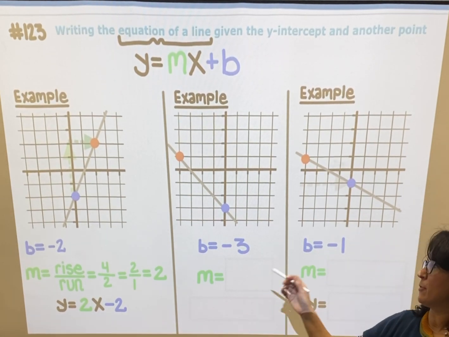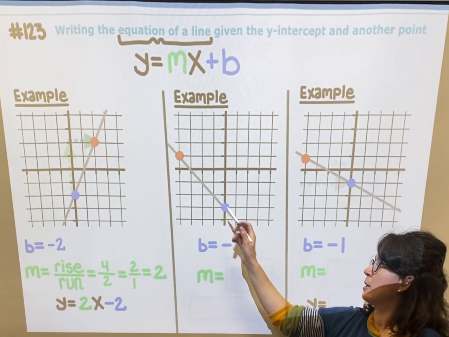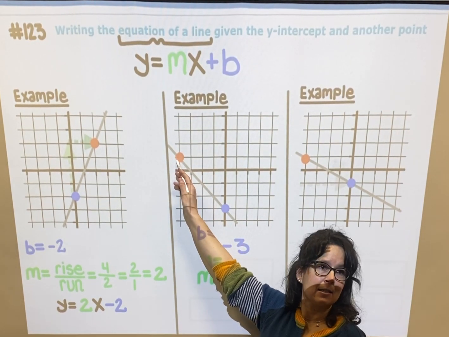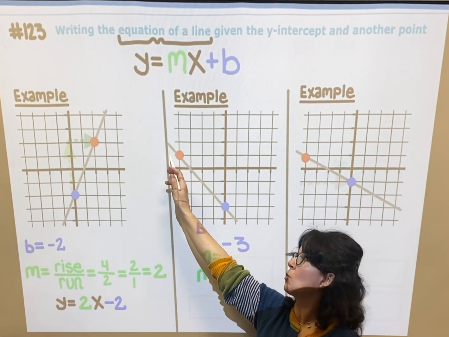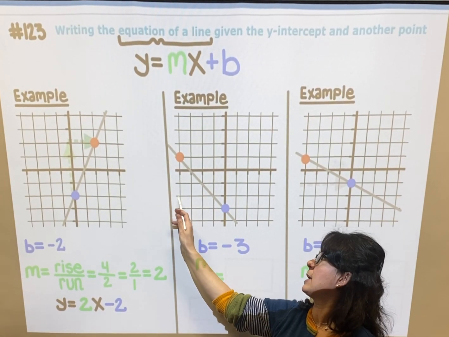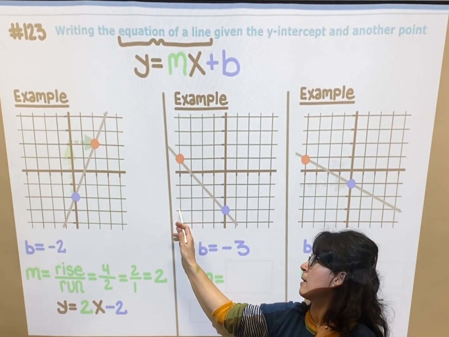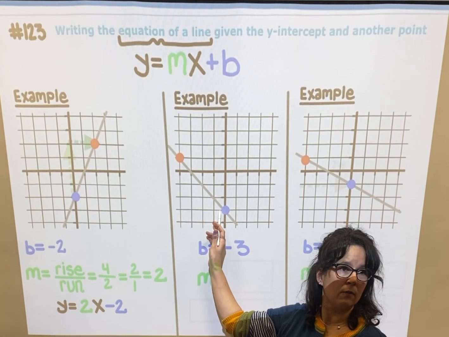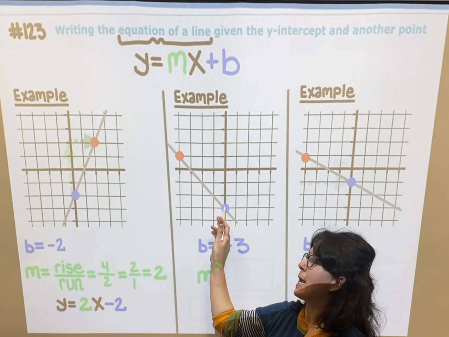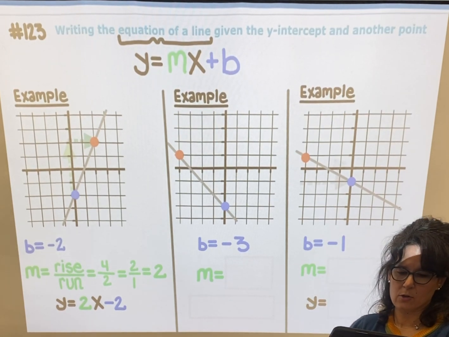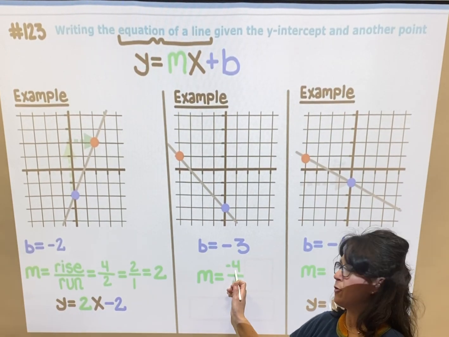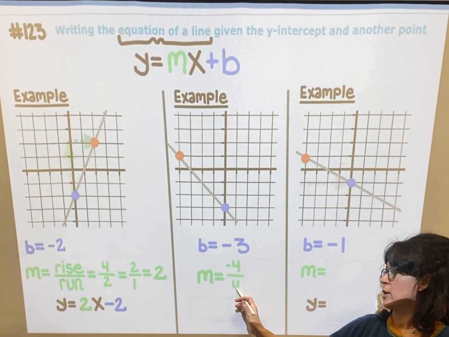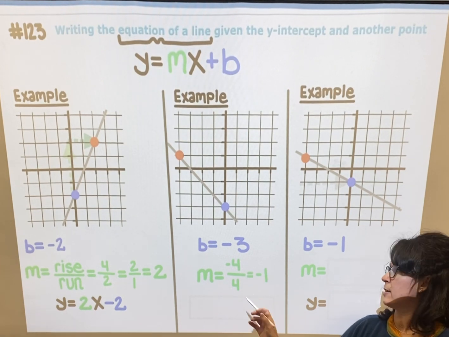Okay, so let's find the m on this one. I want to know, how am I going to move from this point to this point? So I'm saying rise. I'm going to need to go down, not up. So rise down 1, 2, 3, 4. So I'm going to go down 4, run 1, 2, 3, 4. So down 4, right 4. So rise, down 4, negative 4, right 4, positive 4, and negative 4 divided by positive 4 is negative